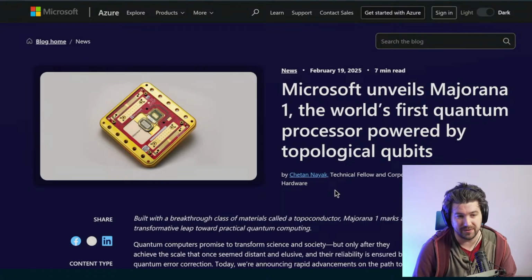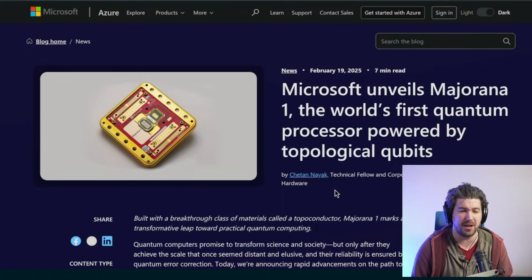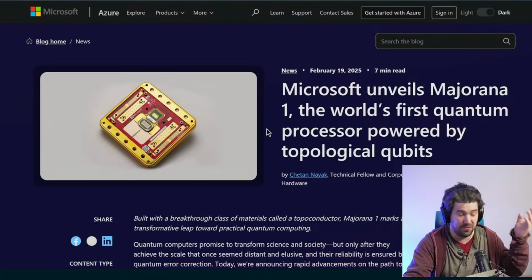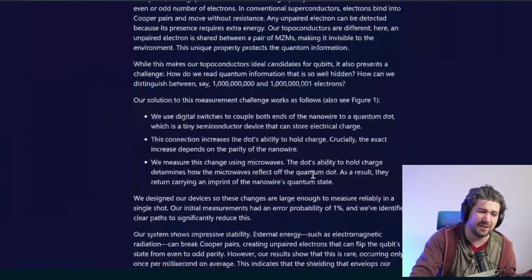I'm not going to pronounce it. The first quantum processor powered by topological qubits. So they made another quantum processor. Hopefully it's a leap. I'm a little skeptical